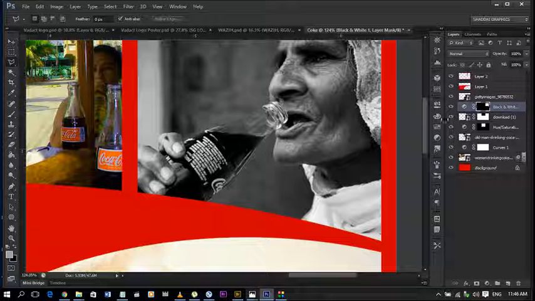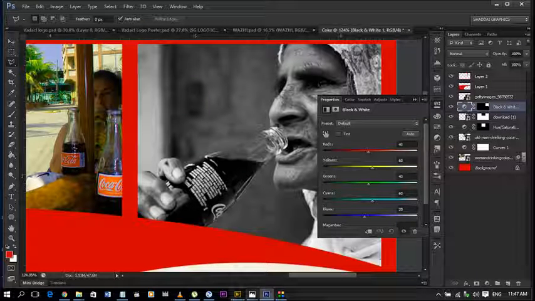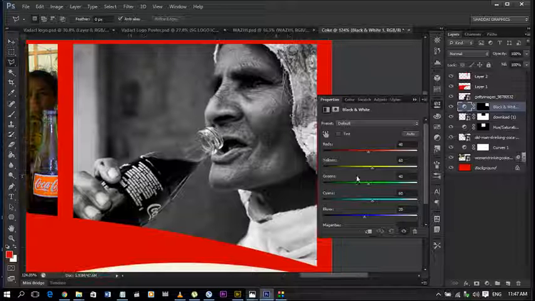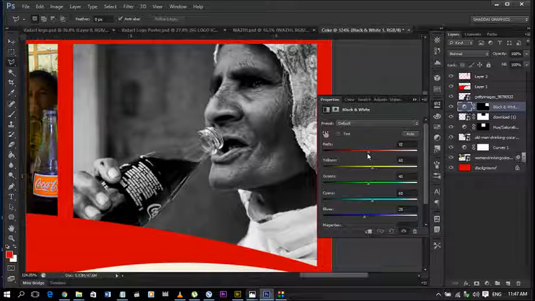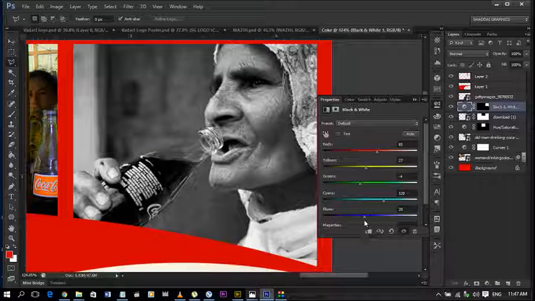Let's zoom in a little and take a good look at it. I think we could make some proper adjustments to that black and white. You'll be like, no, it's black and white, but there's something we can do about it. We could bring up the reds so the skin is slightly brighter, bring down the yellow right here, the green definitely down, and the cyan up,